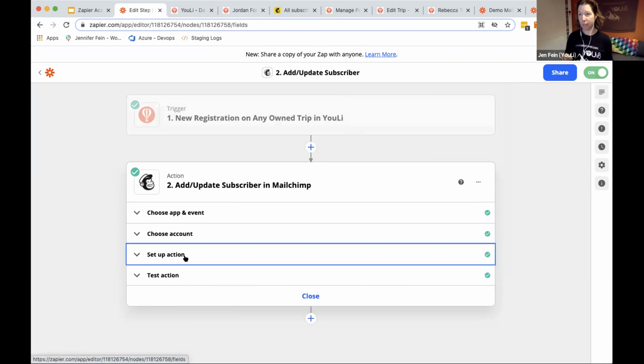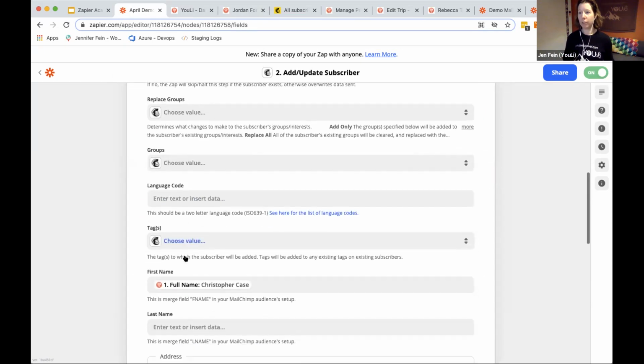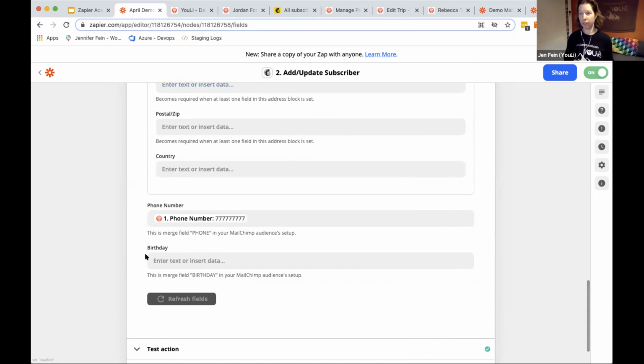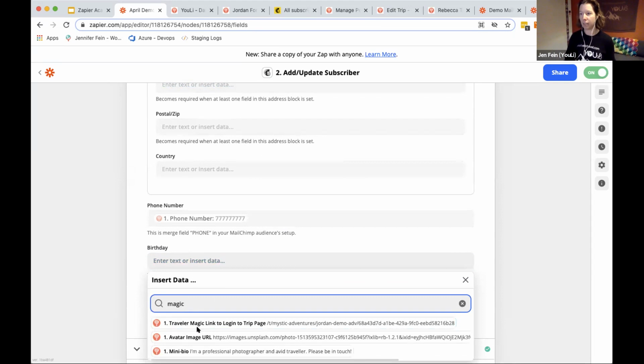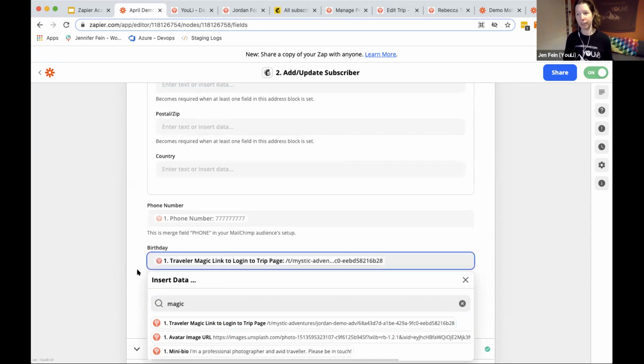that's going to be under setup action. Then it will appear here. So it'll appear down here. And so, for example, if I were to go to Mailchimp now on that audience and add the field trip link or magic link, and then I came back here and click refresh fields, it's going to go talk to Mailchimp and pull up that new field that I've added. So let me just pretend that I've done that. And then I can pull up the magic link,